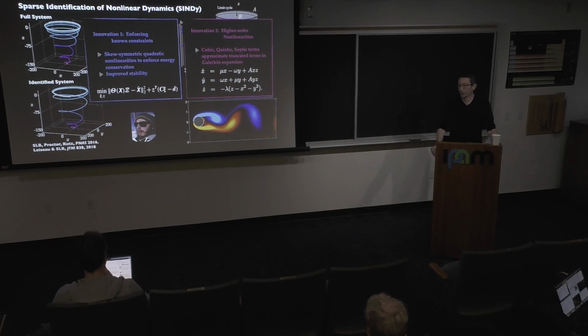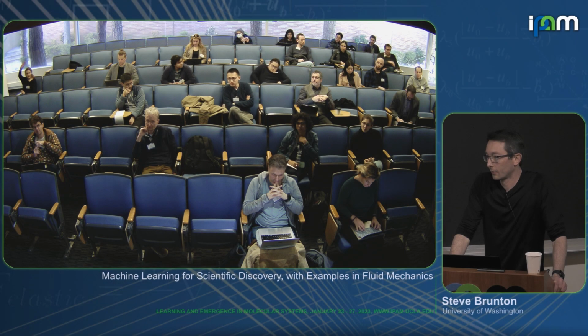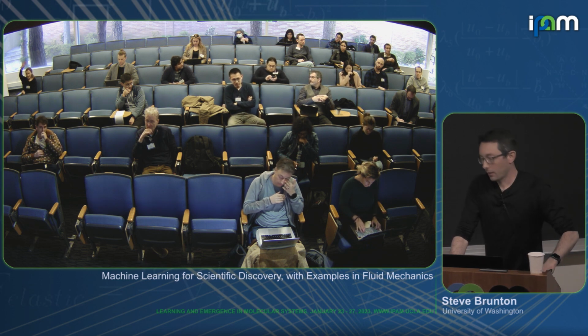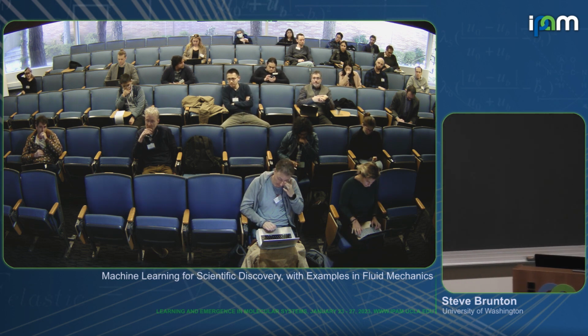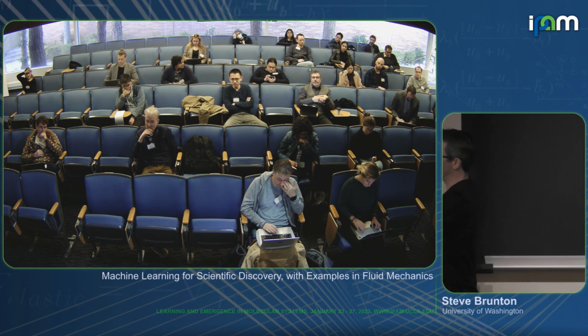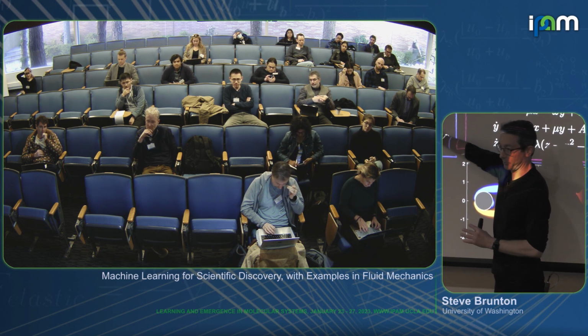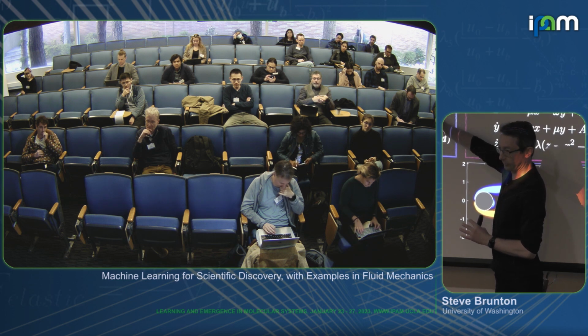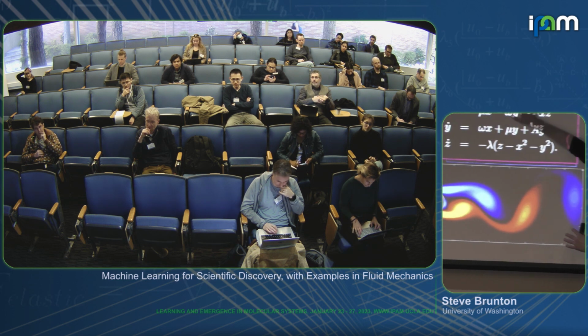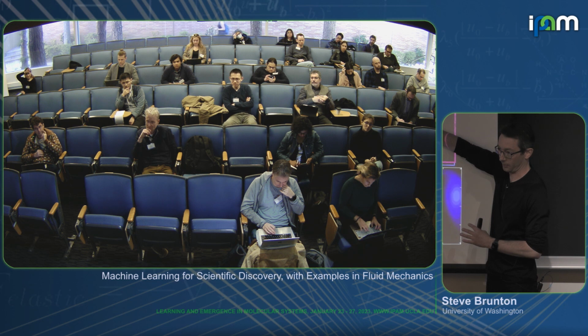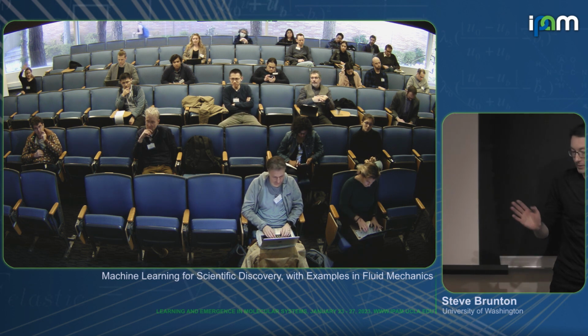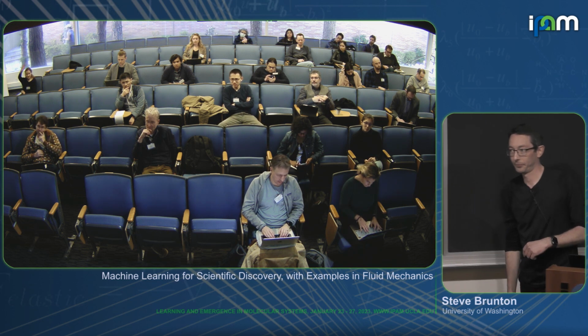You chop off the other stuff that's like the closure, you still have these kind of original terms, or does that get modified? So I'm going to show you two different versions of this. If you just enforce these constraints and keep the model quadratic, it works really well. If you don't enforce these constraints, but you have higher order terms, it also works really well. So actually both of these work, and if you combine them, it works even better.